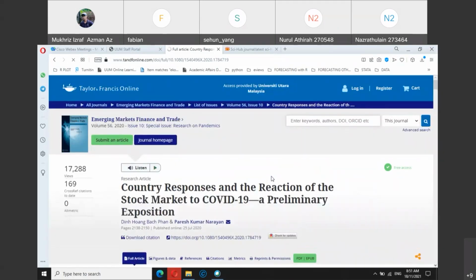Open access means anyone can download. Meaning that this article is restricted only for subscribers. So only if the library subscribes to the journal can we download the article.